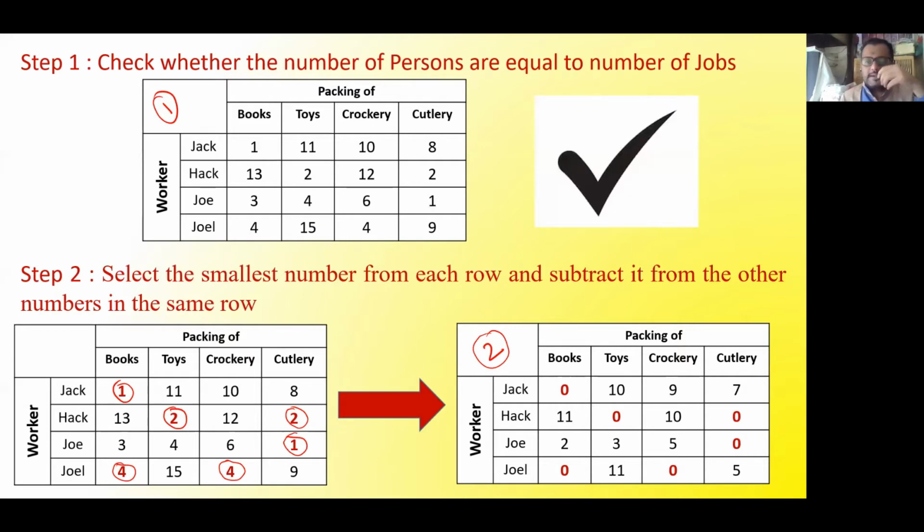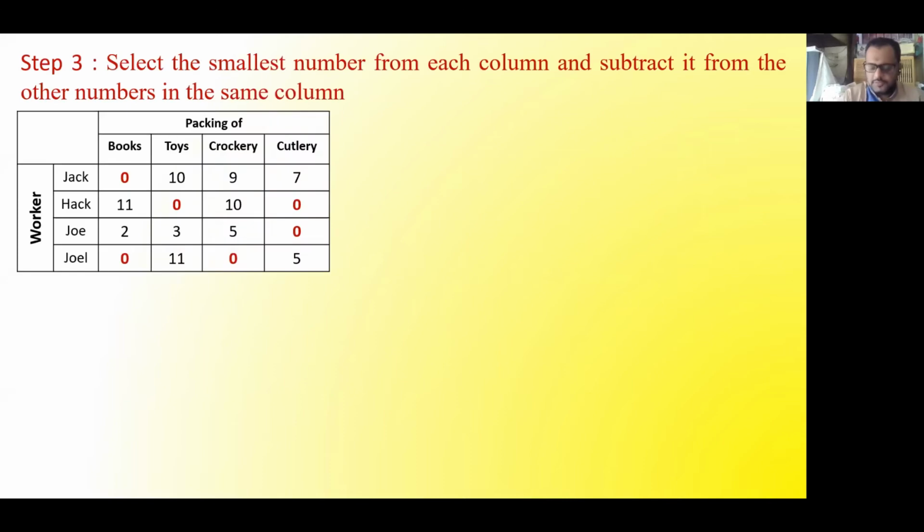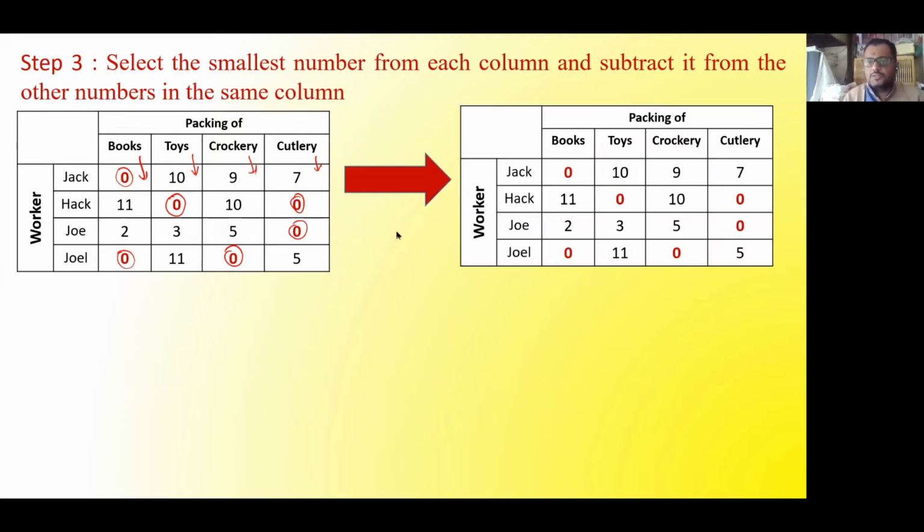The next step is to make a 0, that is, to create a baseline from the column point of view. So if I look at this first column, already a 0 is made. Already there are 2 zeros appearing. So we need to have a baseline, and already the baseline is there. In this column also there is one 0 available, so no need. This column also has one 0 available, and this column also has one 0 available. So we do not need to do this step. It is already done. So I will repeat this matrix as it is. You can observe here, I am repeating this matrix as it is.